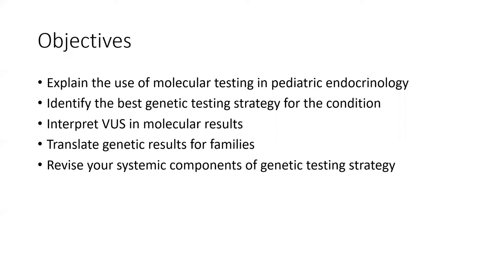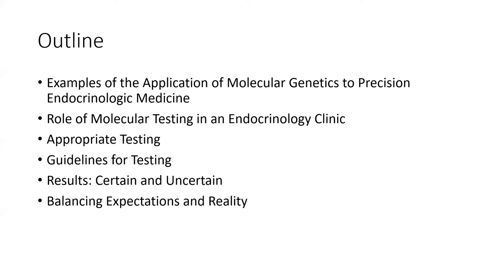Hopefully some tools to be able to interpret variants of uncertain significance in a better way. Some pointers on how to translate genetic results for your families, and maybe get you thinking about revising how you do genetic testing. So quick outline: the applications, the role of molecular testing in an endocrinology clinic, what's appropriate testing,